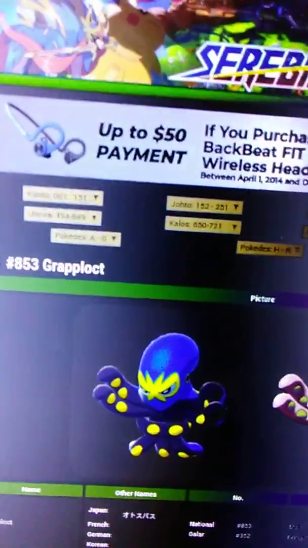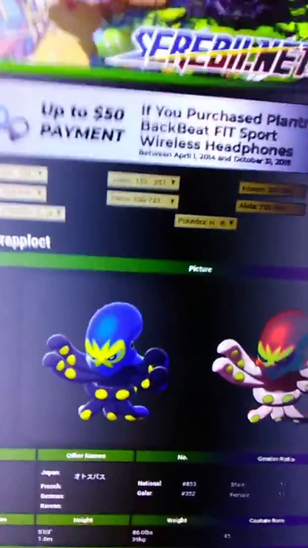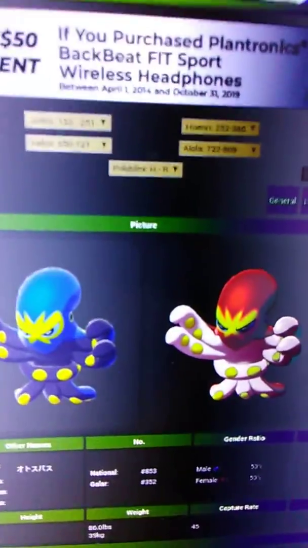Grapploct. So it is based off an octopus and a grappler, which is another name for a fighter. And it is a pure fighting type. That is really, really neat. I don't really know what to say about this because I don't really know much about it, but it does look pretty nice. I do like the way they designed that. Okay, next we have